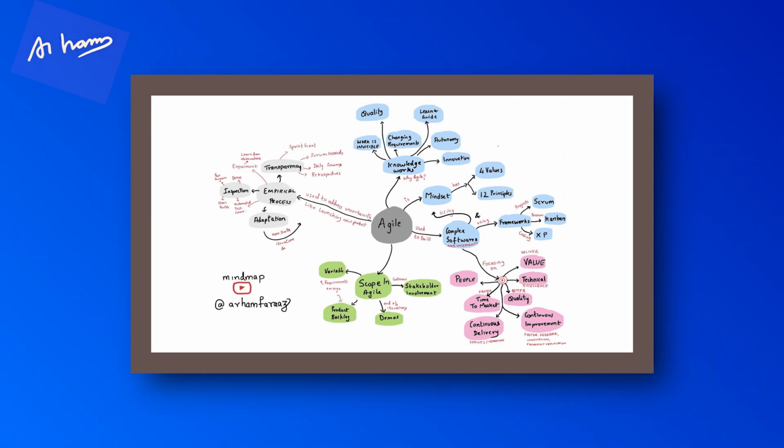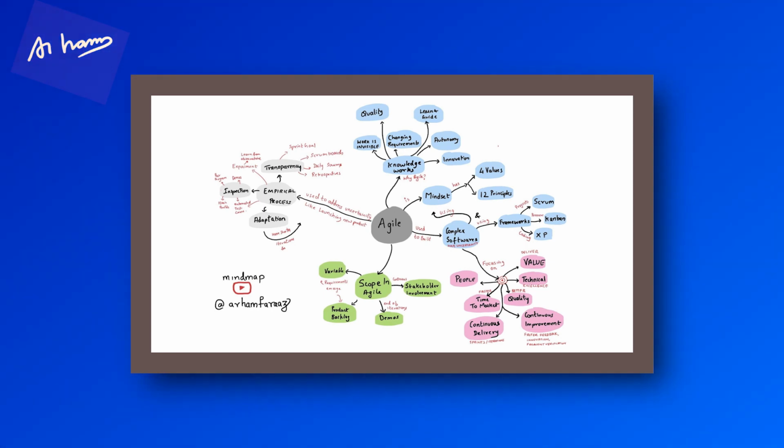So you can see this complete mind map in front of you, which talks about the 4 Agile values, the Agile empirical process, the focus of Agile, and the way scope is managed in Agile. You can take a pen and paper and make a note of this. Now let's try to understand more about Agile. Now let's go ahead with the manifesto for Agile software development.